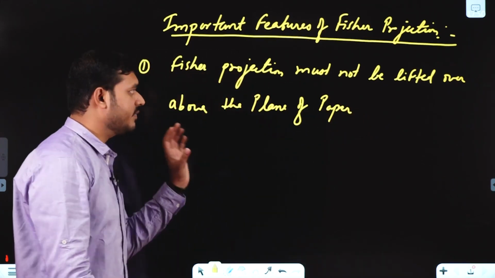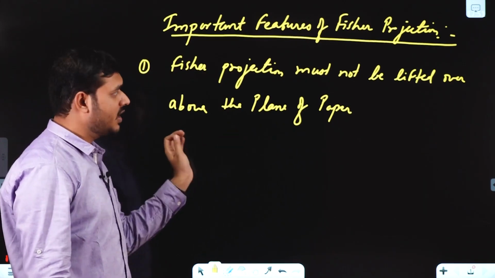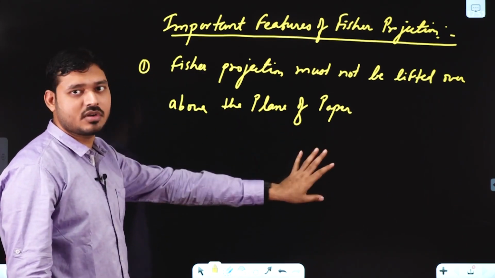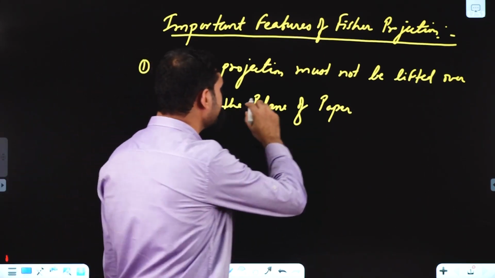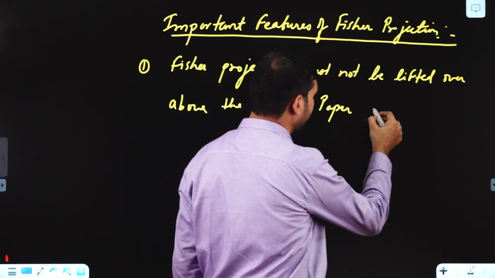Means if you lift and place it on the opposite side, Fisher projection must not be lifted over above the plane of paper